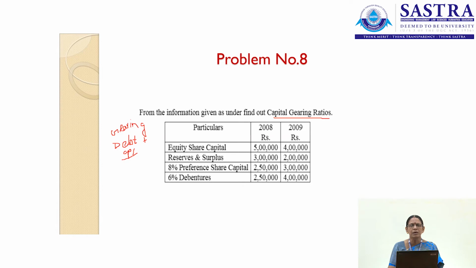But this does not mean that you can go on increasing your long-term debt. When you go on increasing your long-term debt, your interest burden will increase. When your interest burden increases, the interest coverage ratio, that is how many times you are able to cover your interest, will be less. So this will be a threatening one for the firm. So you must have an optimum capital structure wherein the debt in your capital should be in such a way that the EPS is at its maximum. At the same time, you will have control over your fixed interest also.